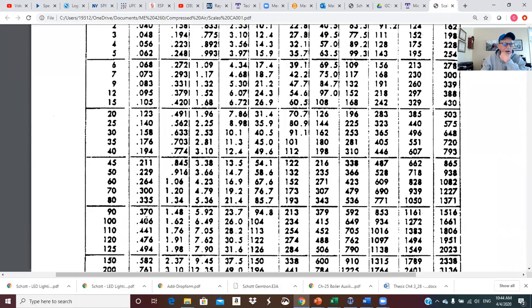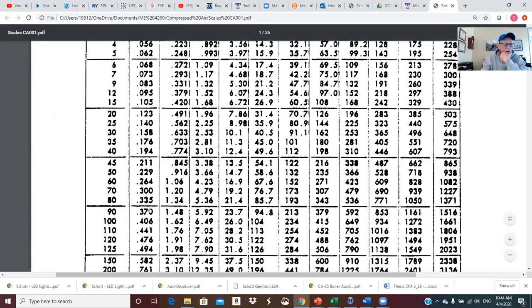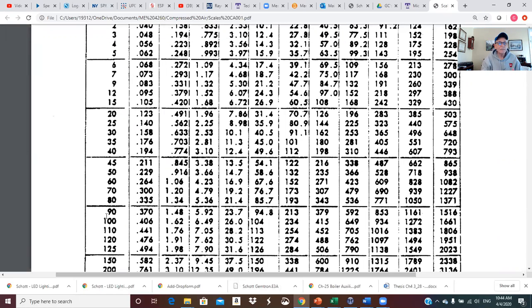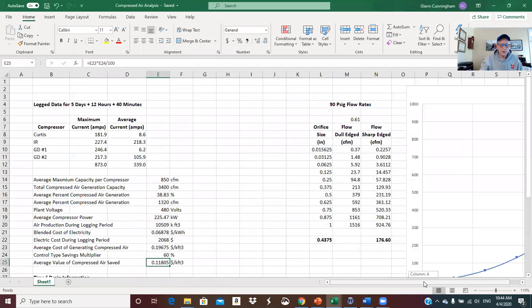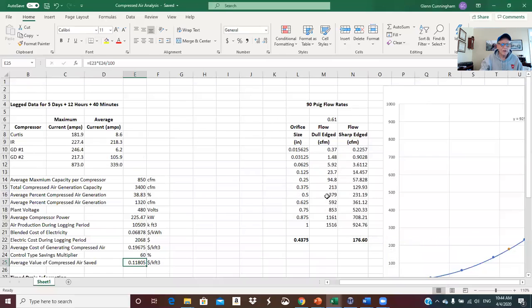So I took these data points right here, the orifice size and these flow rates, and used all of that information at 90. That's what I'm swagging as the pressure. They're typically a little above that, but there could be some back pressure on this thing, and I don't want to overestimate it. So anyway, I took this row of numbers right here and took it to my Excel sheet and input it here. And then, of course, if you read the table from Scales, these are the numbers that come out